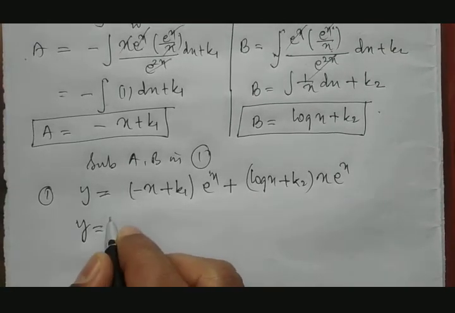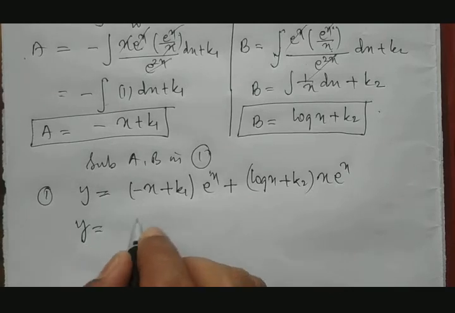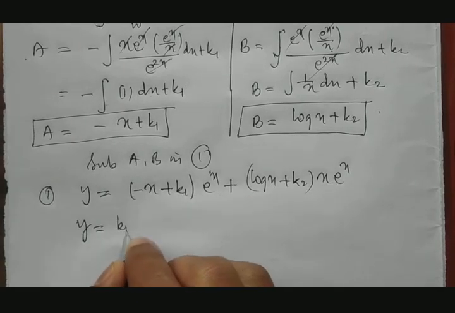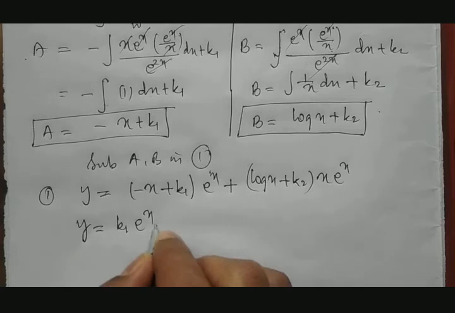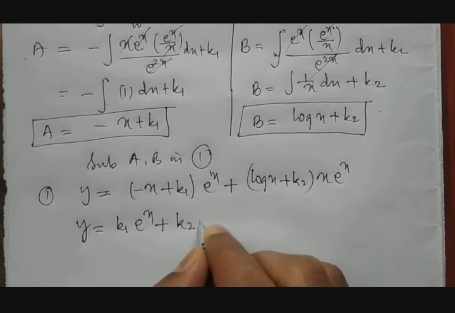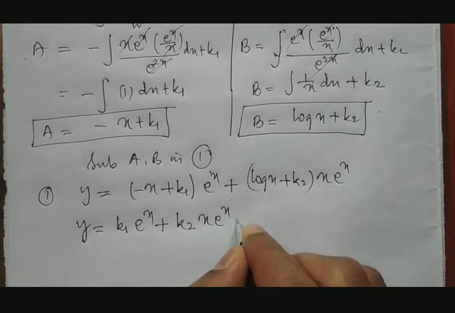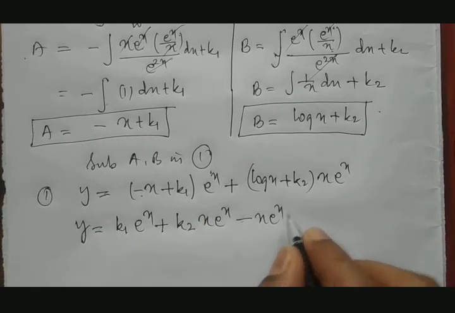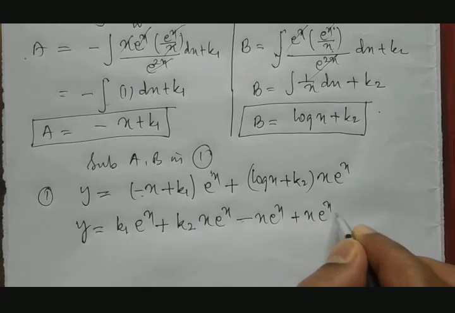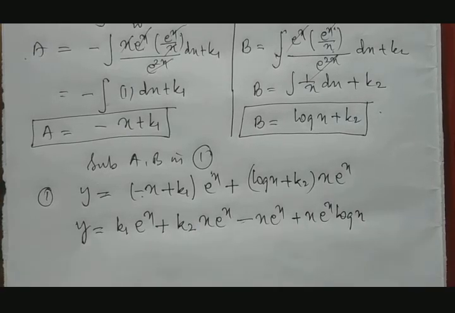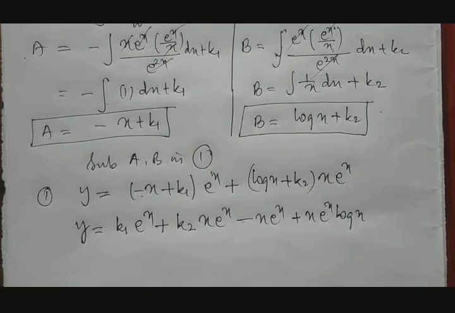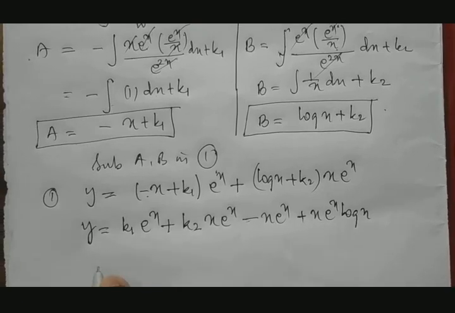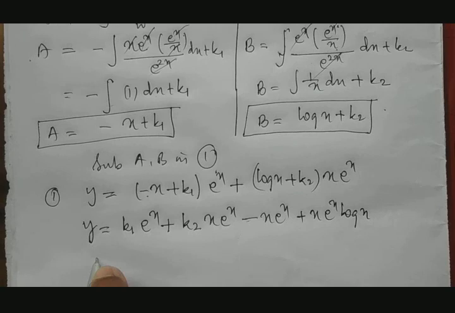So y is equal to, first we take the constant terms, k1 e raised to x plus k2 into x e raised to x. Next, minus x into e raised to x. Next, x into e raised to x into log x. Therefore y is equal to